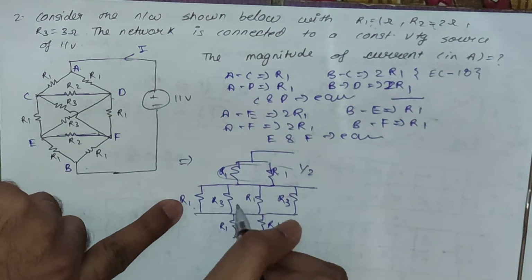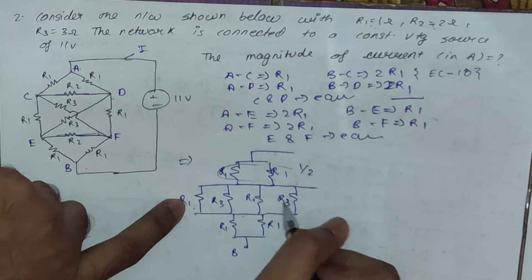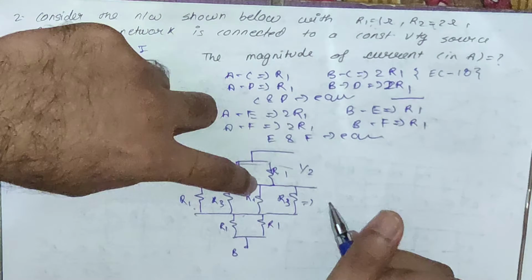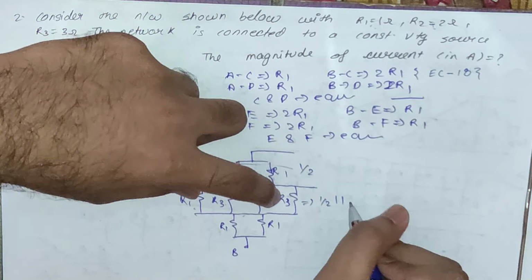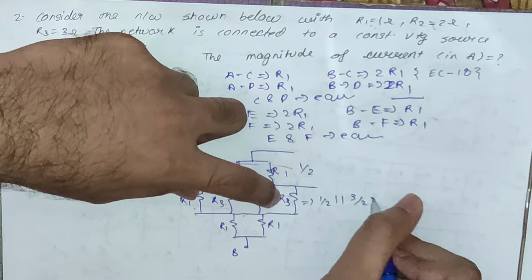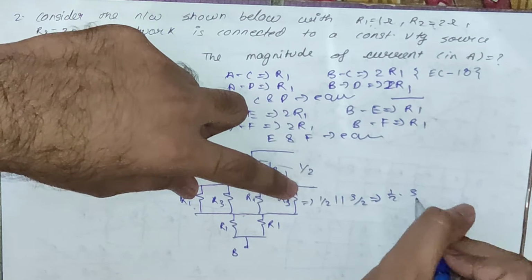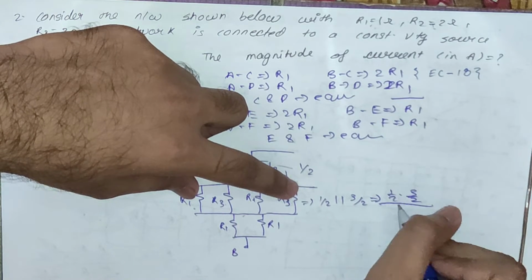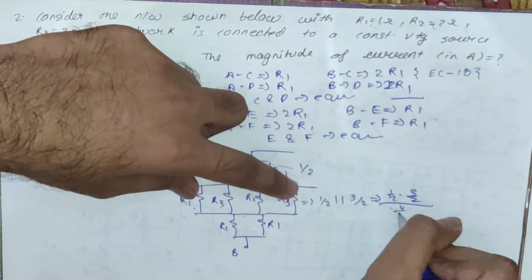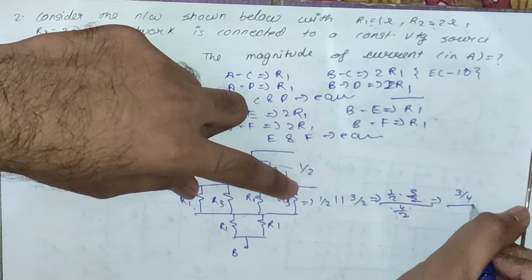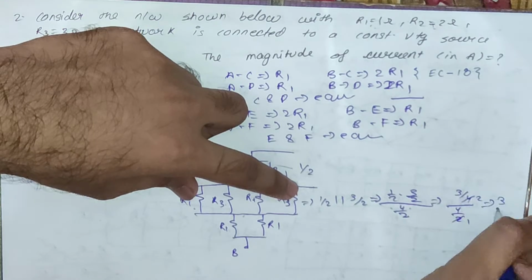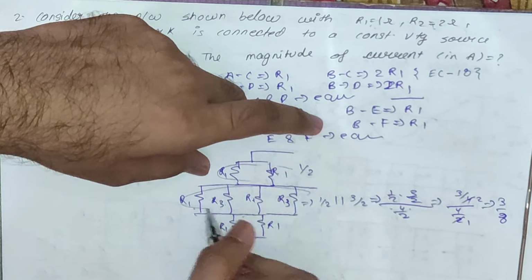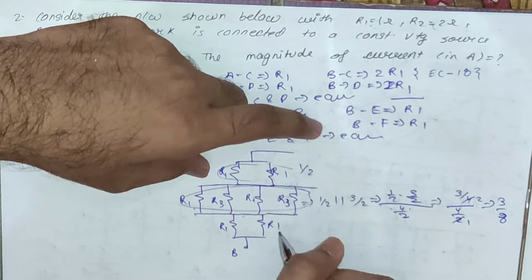Here we have 1 parallel with 3 parallel with 1 parallel with 3. It is nothing but 1 ohm parallel with 1 ohm will be 1 by 2, which will be parallel with 3 ohm parallel with 3 ohm. Okay, so it is nothing but 3 by 2. So we will get 1 by 2 into 3 by 2 upon 1 plus 3 by 2, it is nothing but 4 by 2. So we'll get 3 by 4 upon 4 by 2, 2 ones are 2, twos are. Okay, so the answer is 3 by 8. The equivalent resistance for all these 4 resistances will be 3 by 8.